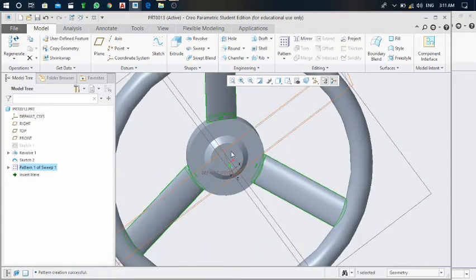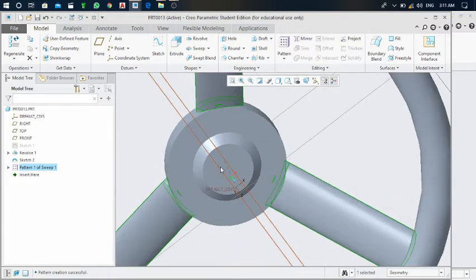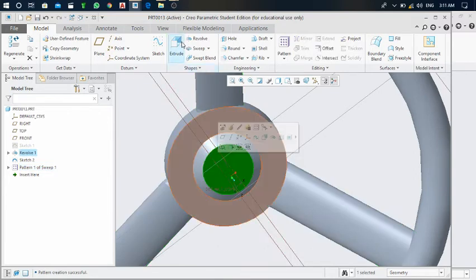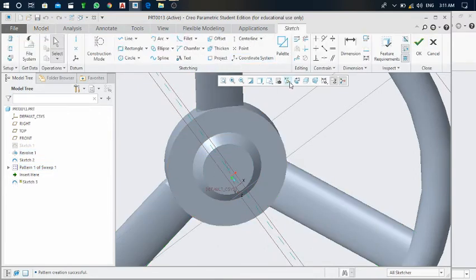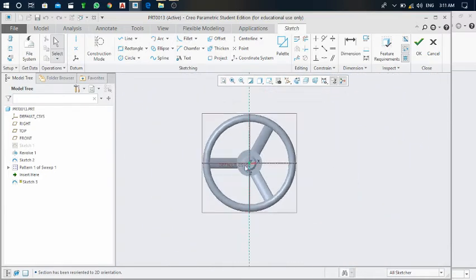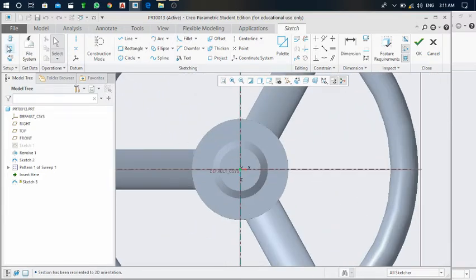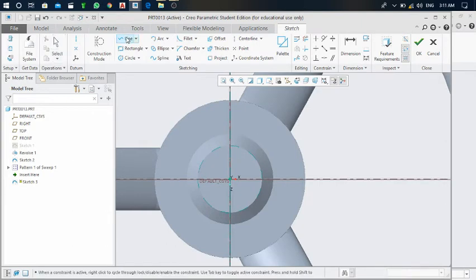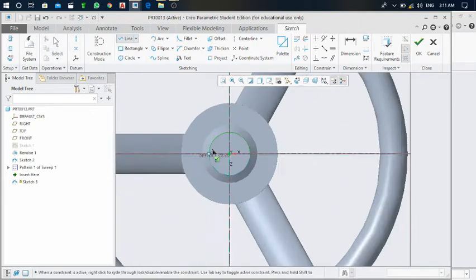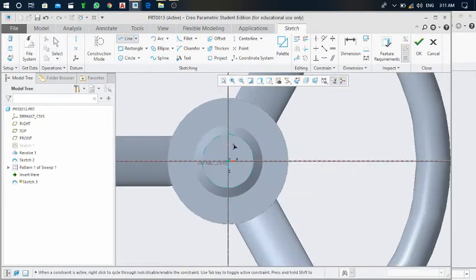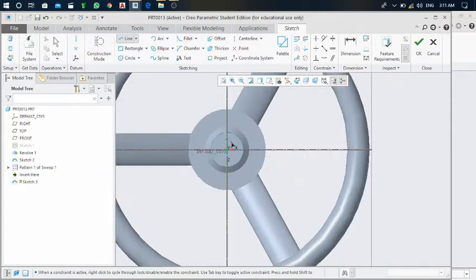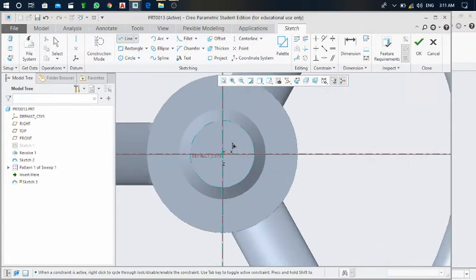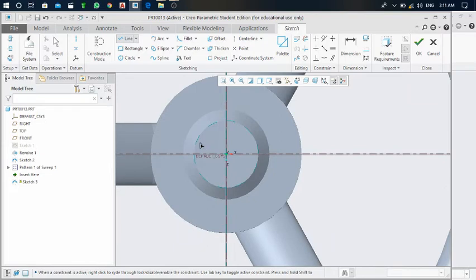If you want to make some logo here, click on this. After that, sketch. Next, move to the sketch view, and after that take the reference, this circle, close it. Now take the line command, and you can draw any logo here, but it should be a completely closed drawing, like just observe that.